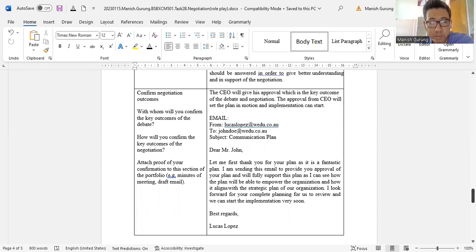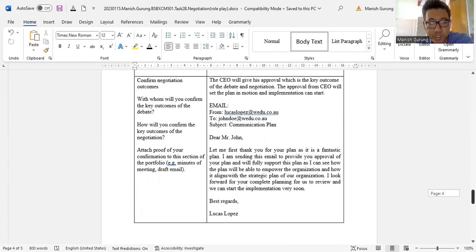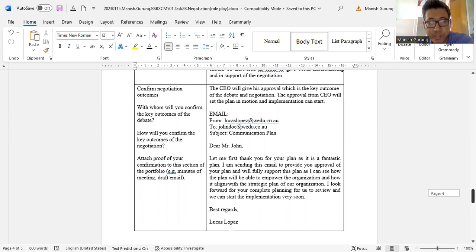Confirm negotiation outcomes. With whom will you confirm the key outcomes of the debate? How will you confirm the key outcomes of the negotiation? Attach proof of your confirmation to this section of the portfolio. The CEO will give his approval, which is the key outcome of the debate and negotiation. The approval from the CEO will set the plan in motion and